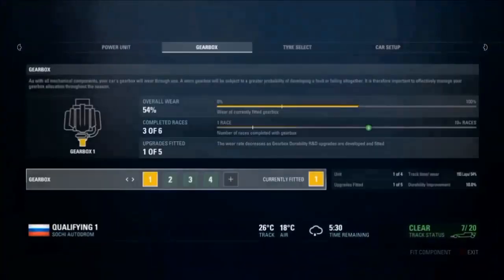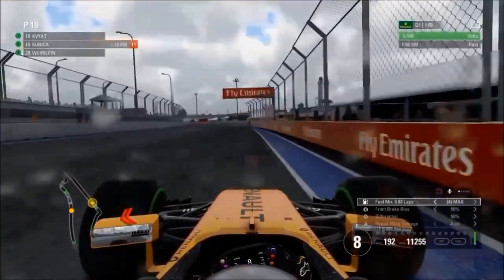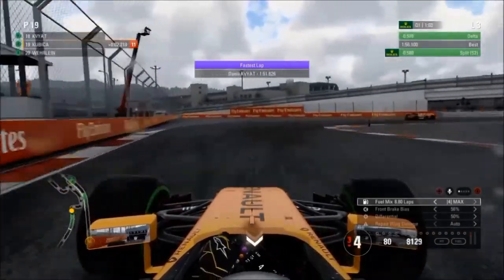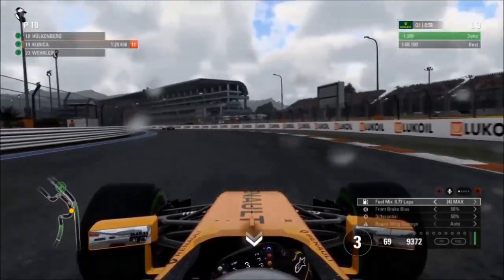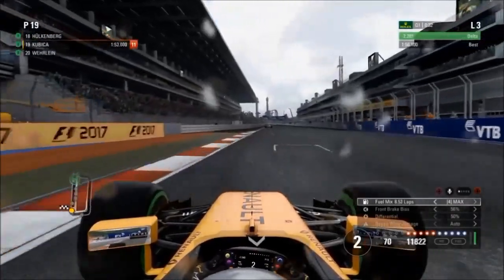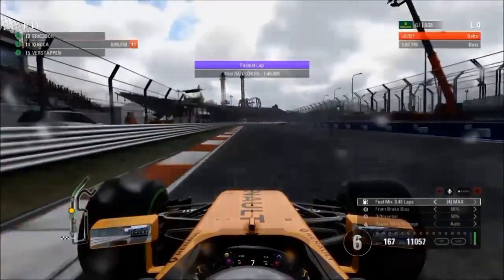Progressing on in this session now with 5 minutes to go. We waited patiently for the conditions to get better, and it looks like it could be time for inters. Still not time for slicks. I don't think it will be for the rest of the season. So definitely inters, and we've been validated with that choice as we've gone a second faster at the end of the second sector here. 2 seconds faster. As we come across the line, it's a minute 53.7, which puts me P13 for now,